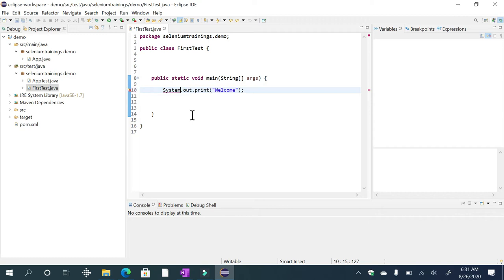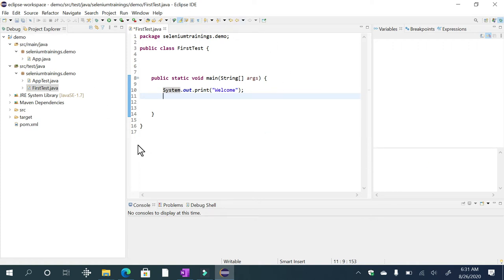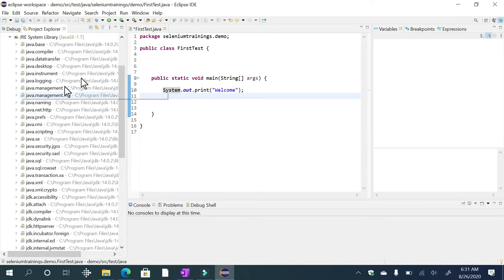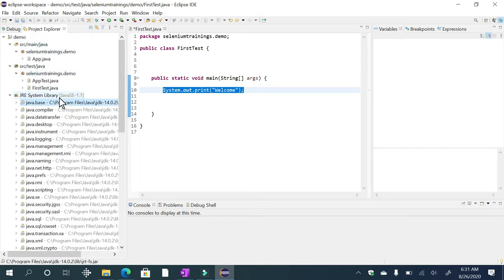But where are we getting this? These are automatically coming up from the jar files. But have you added any jar files over here? No. But when you create a Java project, it automatically adds certain jar files to your project, so that whatever you write over here, whatever you said system.out.println, somewhere someone developed this code, and that code is already there in the form of jar files and added to your project so that you are using them.